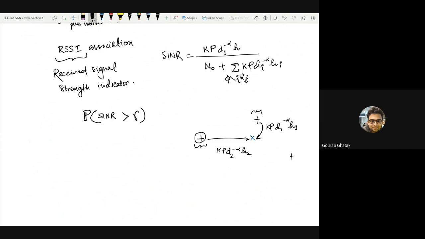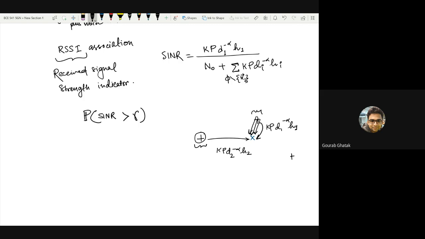However, according to this RSSI association, you are not associating based on the instantaneous power but the average received power. Okay, however, once you have done your association, which means you have started to receive services from this guy, your instantaneous performance, which means your instantaneous SINR, that is the SINR calculated at a certain instant of time, is affected by these individual fading variables, right? So although our association is based on average received power, our performance is dictated by this instantaneous received power, and hence we are calculating this probability.